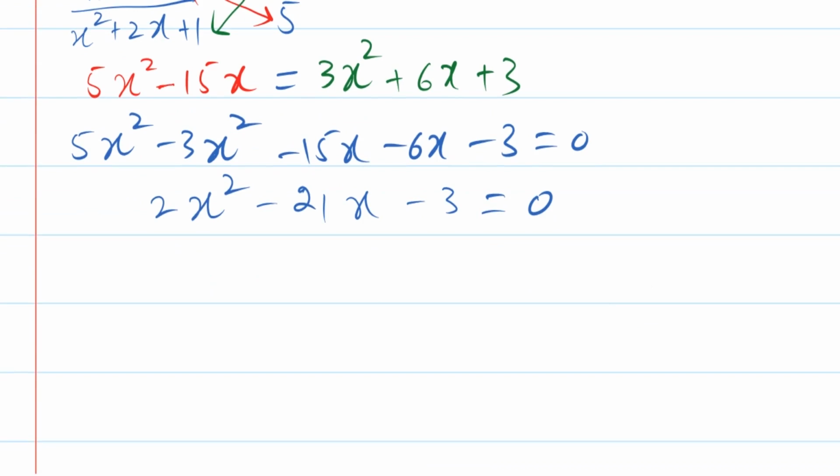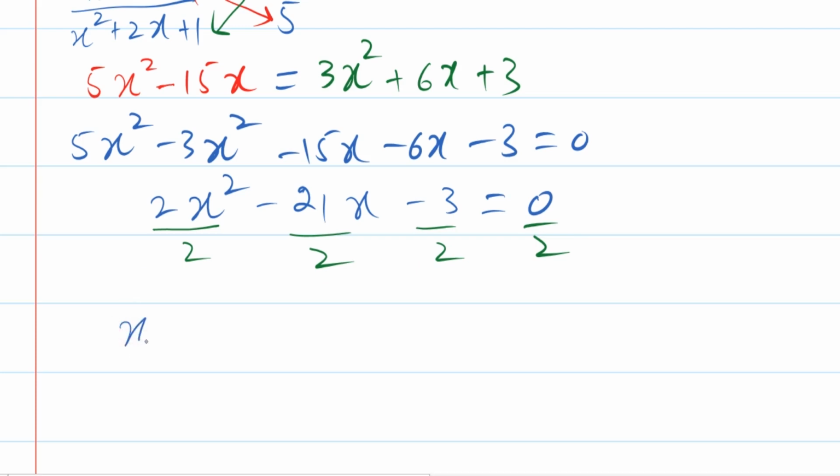Now one thing was missing. I didn't tell you how to solve a quadratic equation by using the completing the square method. Why don't we use that method here? If I want to solve this equation by using completing the square method, first thing I will make sure the first term is x square. So I will divide the whole equation by 2. Means I will divide this by 2, I will divide this by 2. We can do this, we have discussed this before. I will make sure the first term is x square.